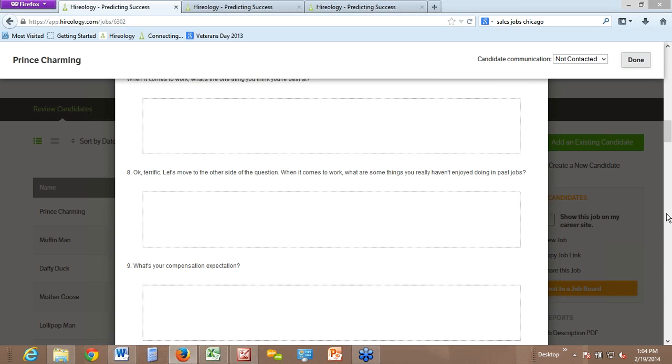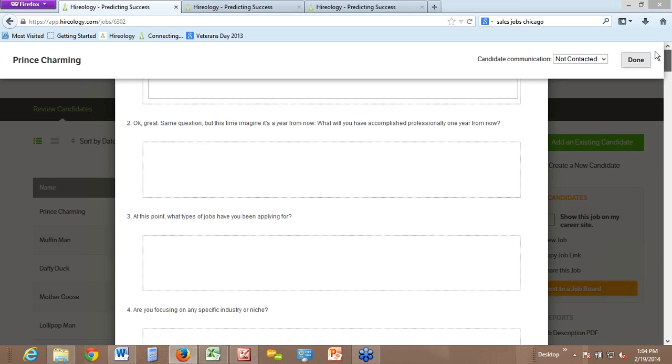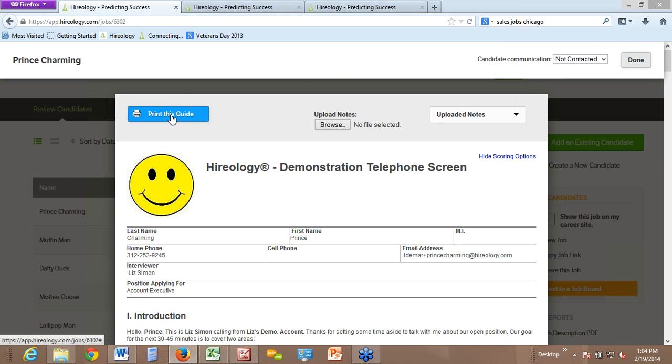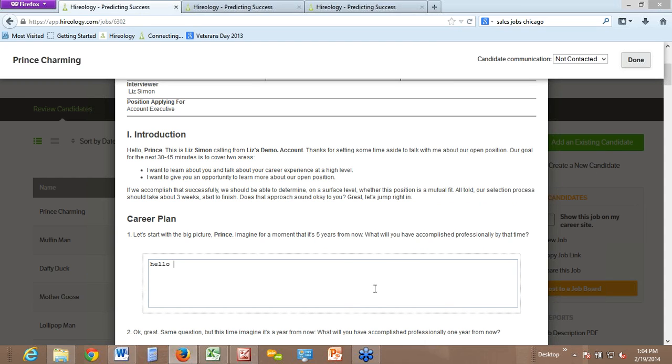However, if you're uncomfortable with taking notes and typing while you're listening on the phone, we do give you the option to print the guide so that you can take handwritten notes instead. We want to make sure that everyone understands that if you decide to print the guide and take handwritten notes, after the interview concludes, you come back into your Hireology account and open up this guide. You're certainly not required to re-enter your notes by any means, even though it is nice to have everything